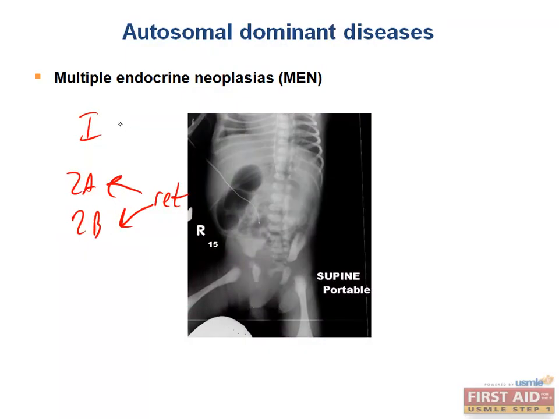Type 1 is caused by mutation in the gene MEN1, which is a tumor suppressor gene. Now, if you think about it, this might seem weird that having a defect in a single copy of a gene causes a disease, since the other copy is still active. And remember, this is considered an autosomal dominant disease. Usually, if one copy of a gene is defective, the other one can still do its job just fine,